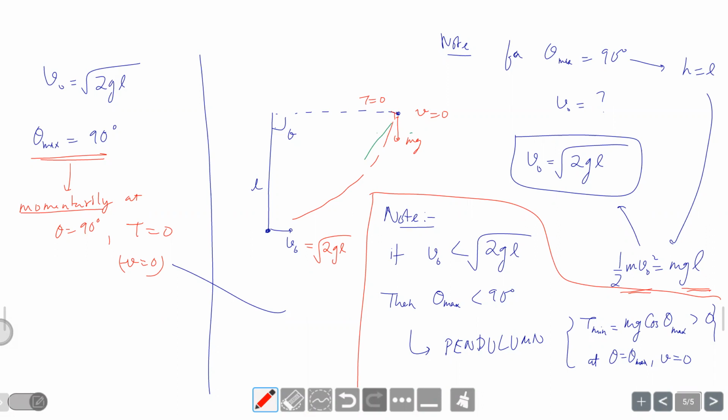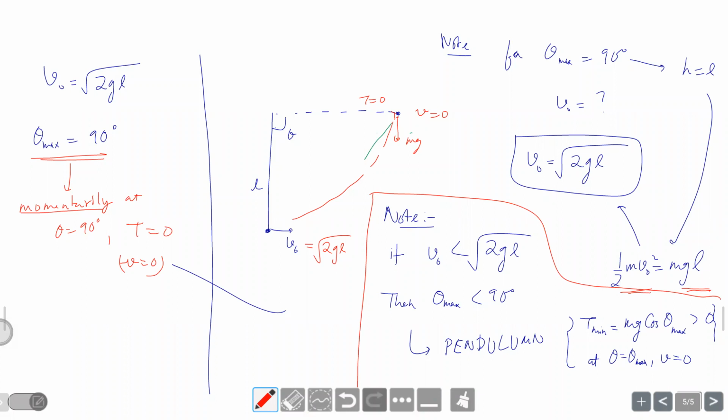Okay, sir. So for the pendulum, the term theta should be less than 90. Yes. Basically, a pendulum is a situation of oscillation. In fact, when we see the chapter of oscillations later, you'll see that a pendulum is a case of what we call angular oscillation. That means something is doing angular motion in an oscillatory way, the to and fro motion, but in an angular or rotational sense.